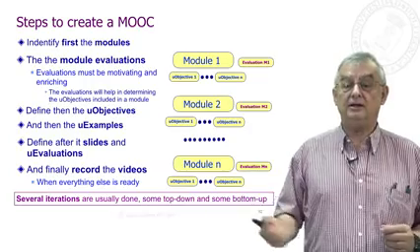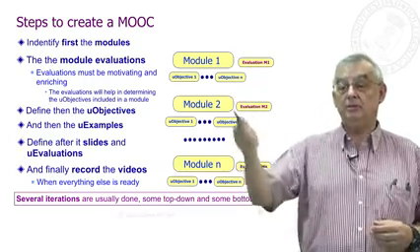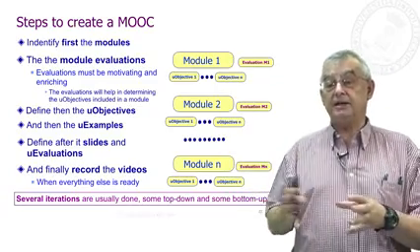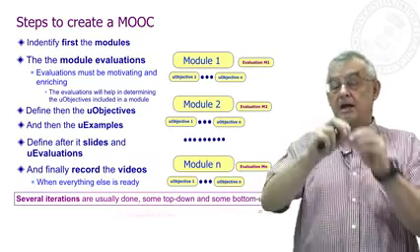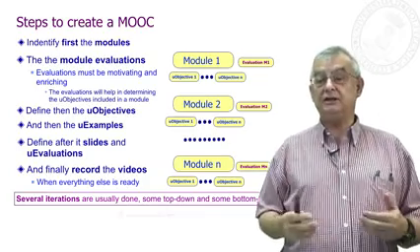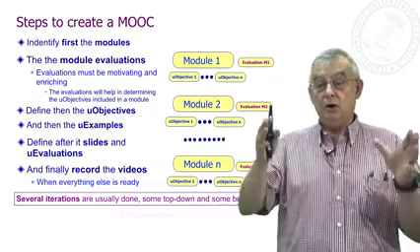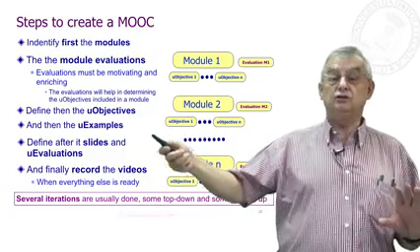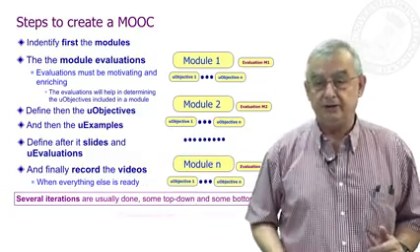You must be aware that you will need probably several iterations on this process, because you make a first top-down approach, but then you find inconsistencies, micro objectives not covered that are needed later, and so on. Then you have to go bottom-up, solve them, top-down again. You usually find more contradictions, and so you go through several iterations in this process. When your structure is correct, you find no more inconsistencies, then you should finish your slides, your micro-evaluations, and then go to the recording of the videos.